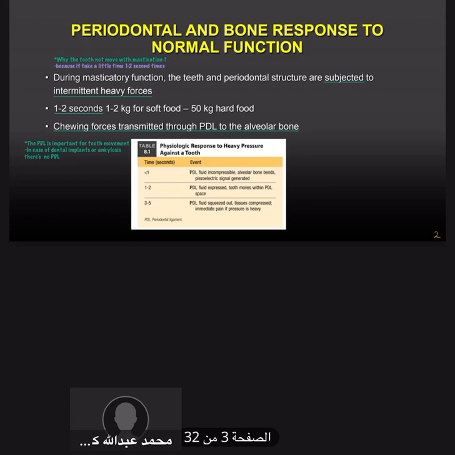If you can see the table, the physiological response to heavy pressure against the tooth: if it is less than a second, the PDL fluid is incompressible. As we know, the PDL has